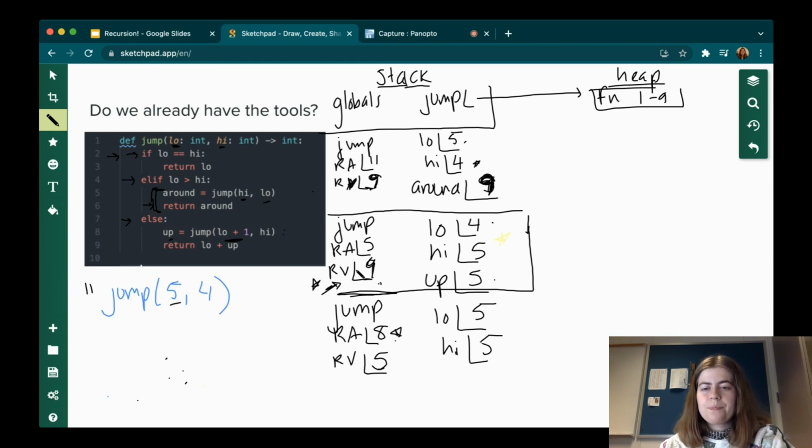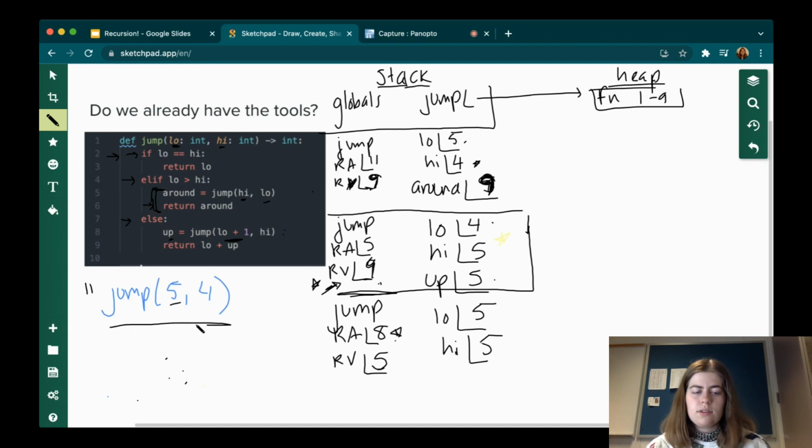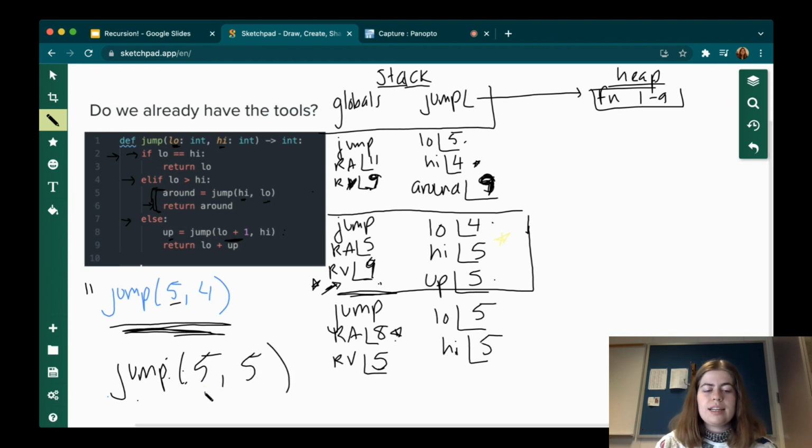All right. So this is an example of a recursive function that is calling itself. And so here, this function call expression, jump 5, 4, results in 3 frames on the stack, all to the same function, right? Jump 5, 4 results in 3 calls to the jump function. If we had done jump 5, 5, this would have just resulted in a single call to the jump function,